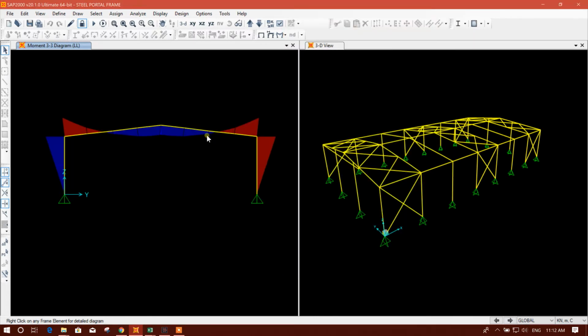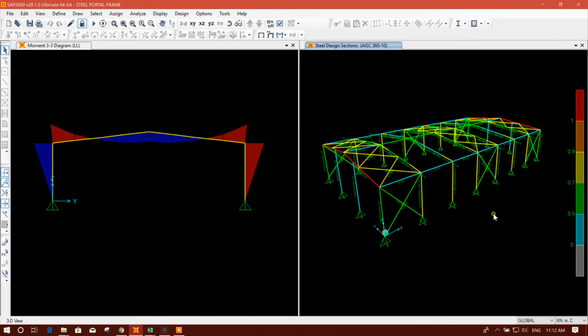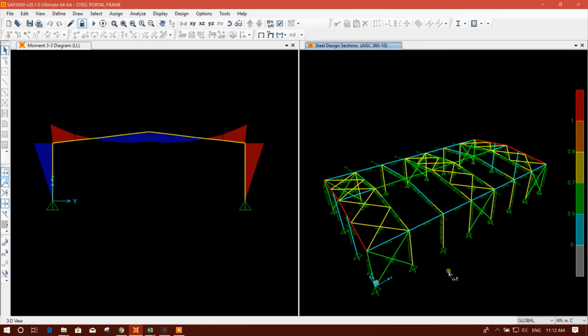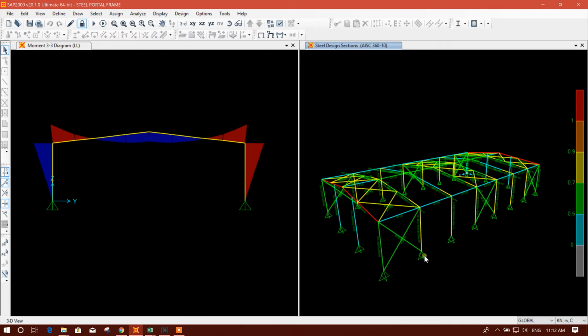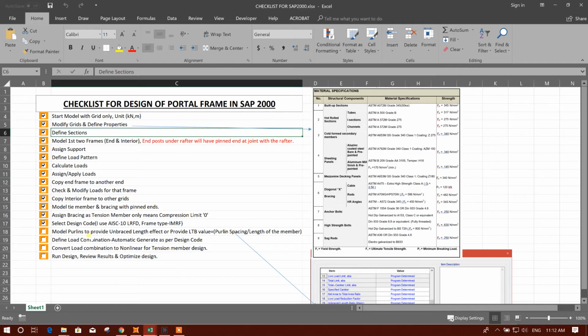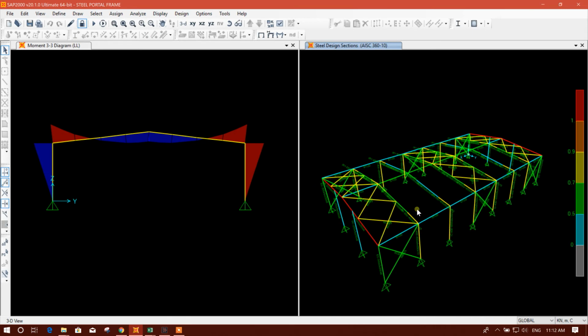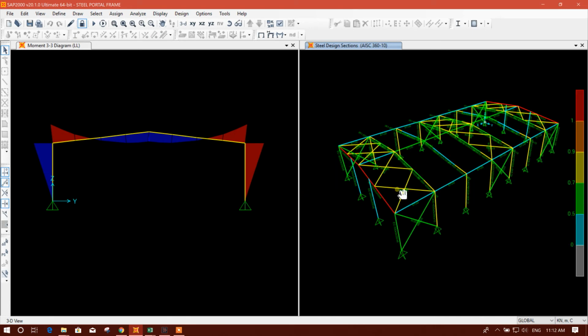Okay, now we can go for the final step, design. So click on this to design structure. So design finished. So it seems most of the frames have been passed. And here another thing, in the checklist I have shown model purlins to provide unbraced length effect or provide LTB value. We can provide an unbraced length ratio LTB value to the frames to get